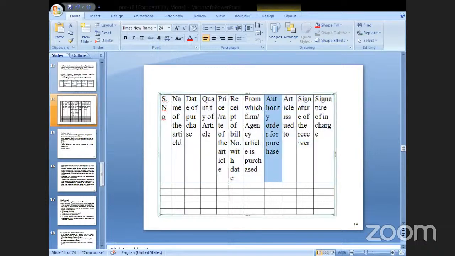Serial number, name of the article, date of purchase, quantity of article, price, rate of the article, receipt bill number with date, from which firm or agency the article is purchased, authority ordered for purchase, article issued, signature of the receiver, signature of the in charge. All this should be